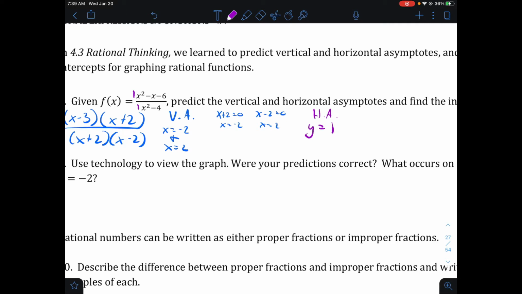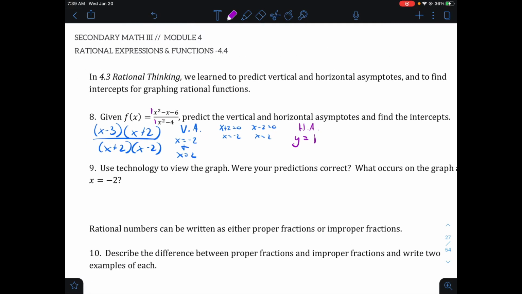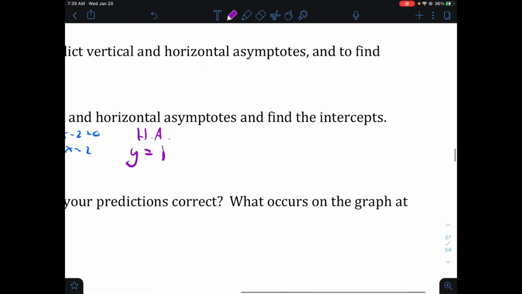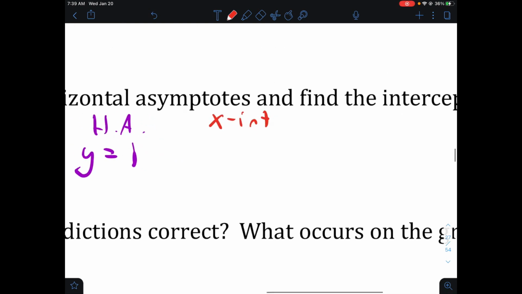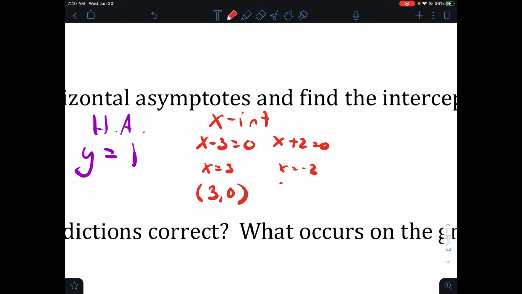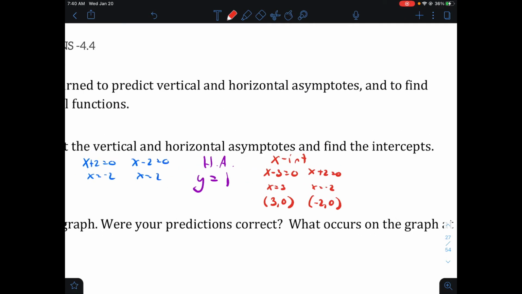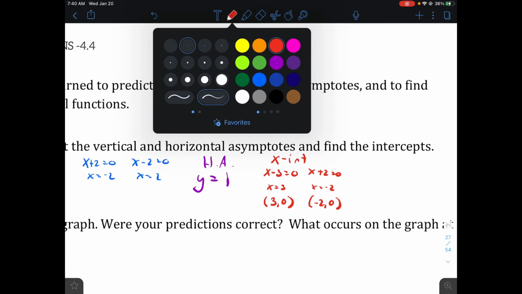And then it asks for the intercepts. So we'll find the x-intercepts. To find the x-intercepts, we set the top equal to 0, and it's already factored, which is nice. So x minus 3 equals 0 and x plus 2 equals 0, which gives us 3 and -2. So we have (3, 0) and (-2, 0) as our x-intercepts. And then for our y-intercept,